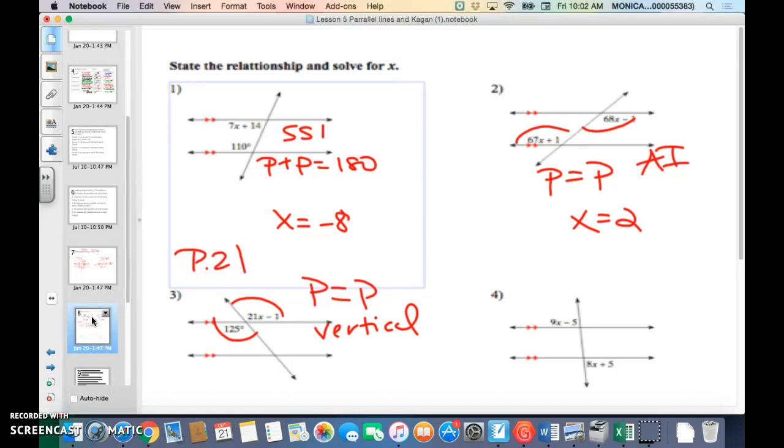And over here, this is what alternate exterior angles look like. So again, it's going to be part equals part. And when you work it out, you should get x equals 6, x equals 10,